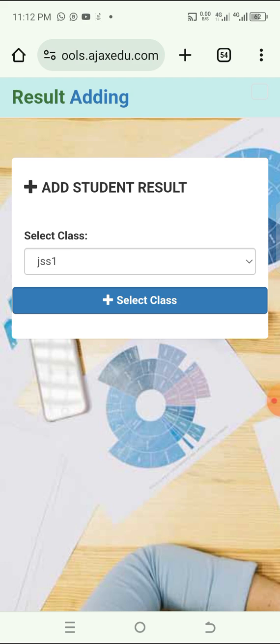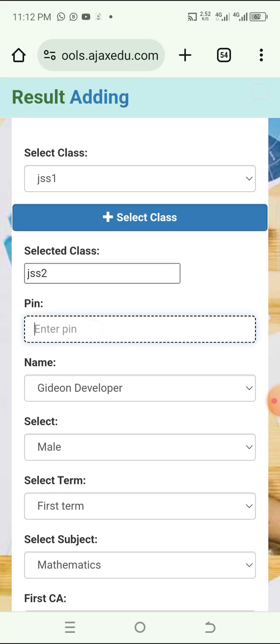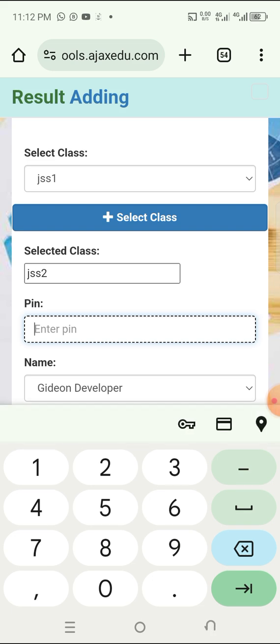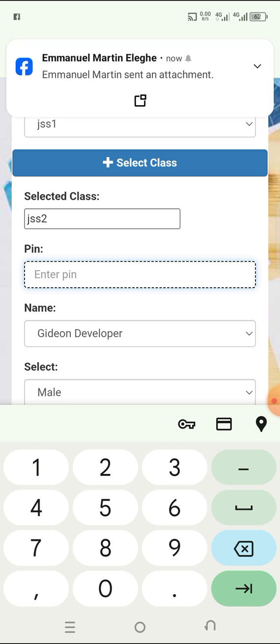Now let me add another result for that same student. Yes, S2. Okay. Now, the pin: if you are entering the pin for all the subjects, the pin must not be different. If the pin is different, the student will not see that particular result. The pin must not change.